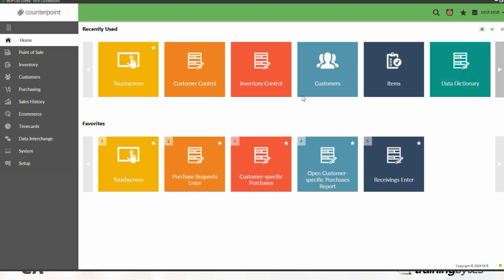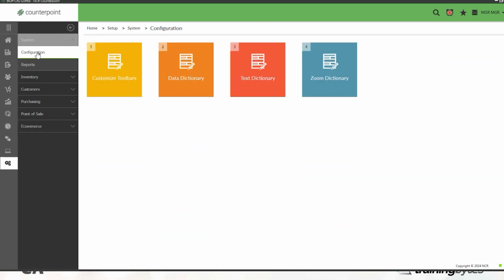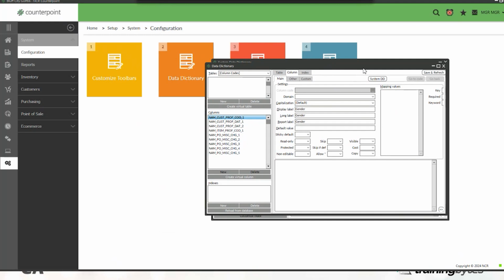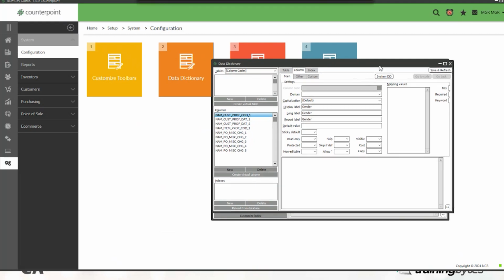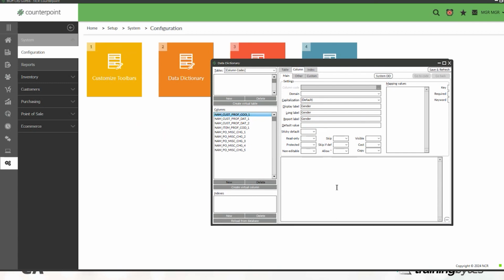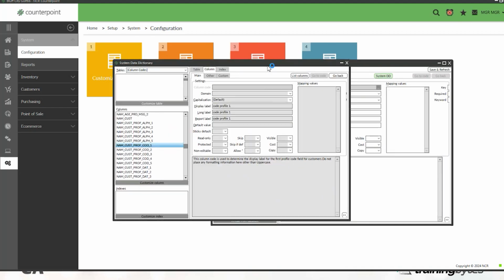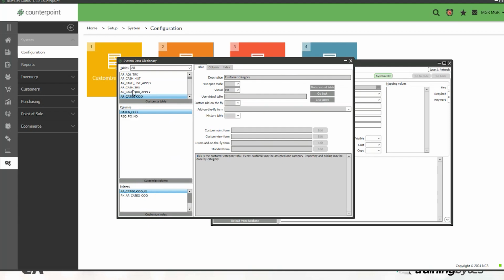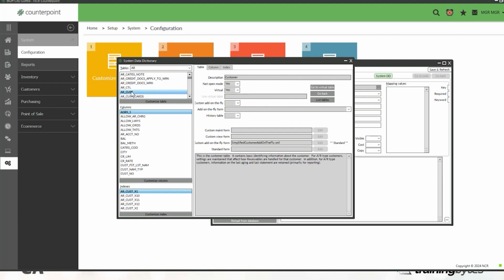Now we're going to go to where the work really takes place. Setup, system configuration, data dictionary. All right. And a lot of times these come up like this, so you can't even really tell that you have two windows even available to you, but I do see this system DD here. So I'm going to hit that, and that swaps them around. I'm going to come over here. I'm going to choose AR from my drop down, and then scroll down to customer, and I'm going to click customize